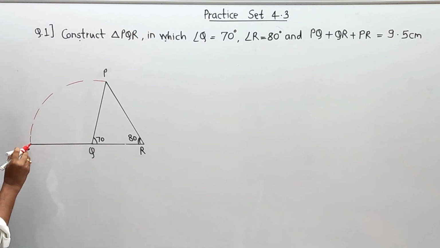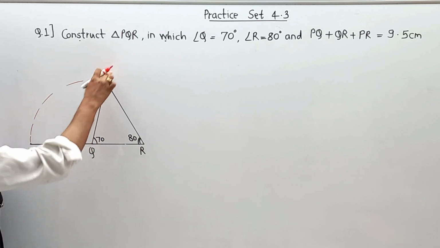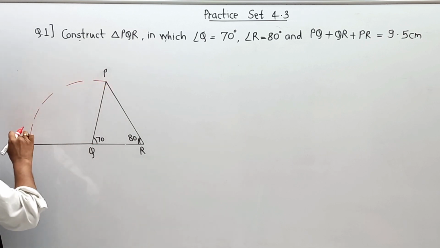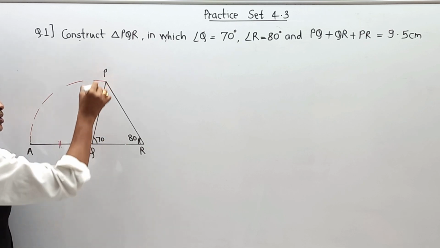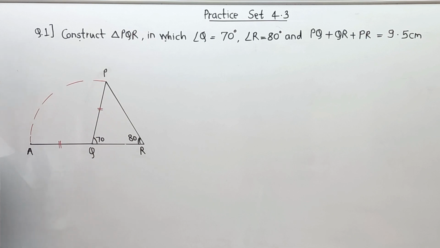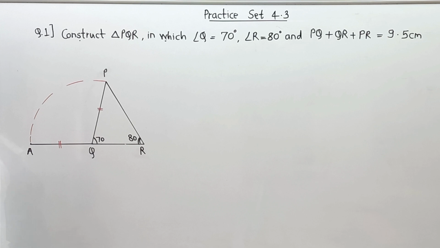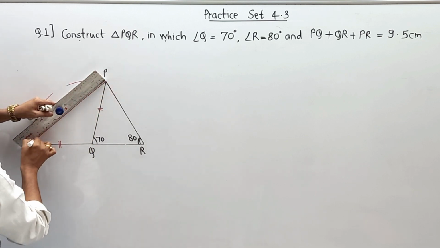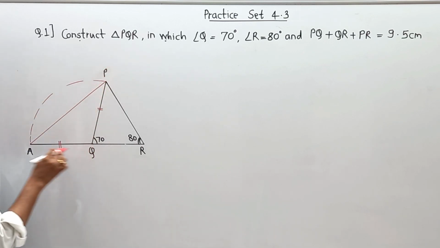Let us say this is a point A. What exactly have I done? I have taken exactly the length of QP and taken it in the horizontal direction with the help of diversion, and QA is exactly equal to PQ. Naturally, QA equals QP. This is the first stage that we are going to achieve, and then I am going to draw this part of the triangle. Logically, QA is equal to QP.